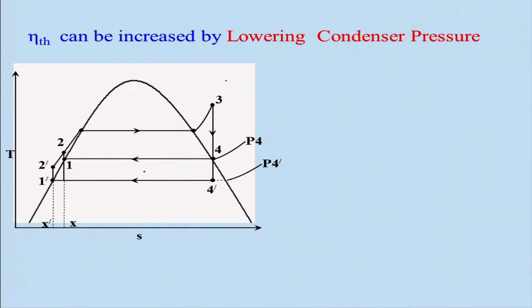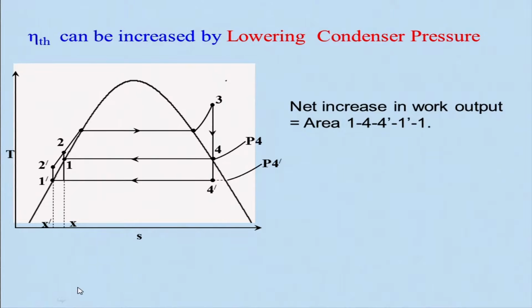So, therefore, there is more work done here, if you look at this is your area which is having work done. But however, there is a penalty one has to pay, because here one has to add some certain amount of heat kind of thing. So, if you look at the net increase in work output is basically area 1, 4 dash and 1, this portion,